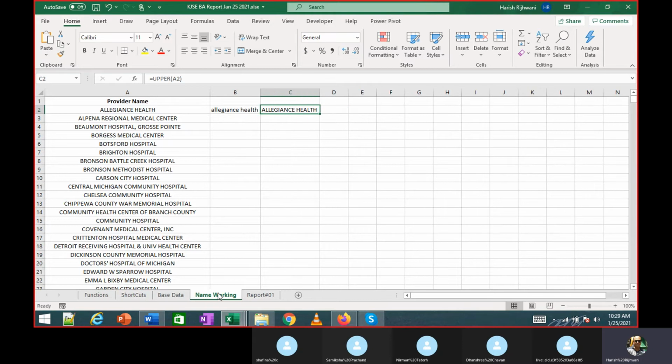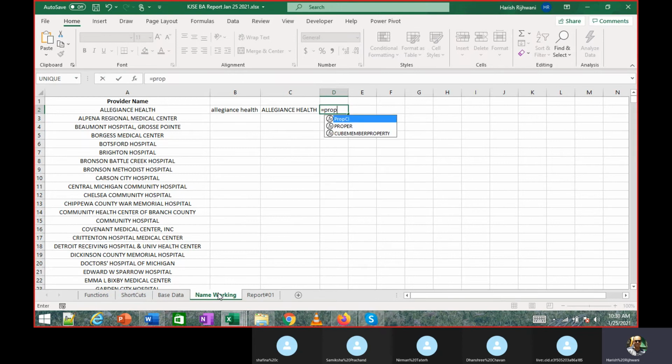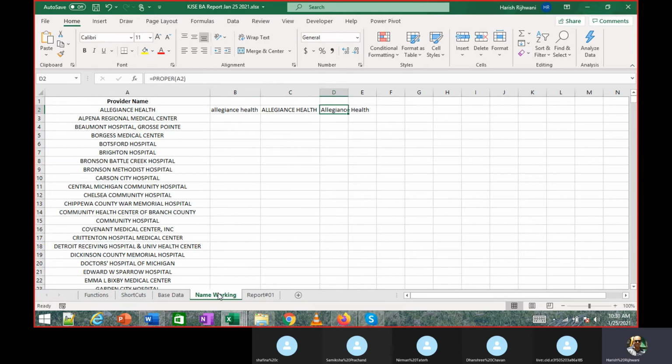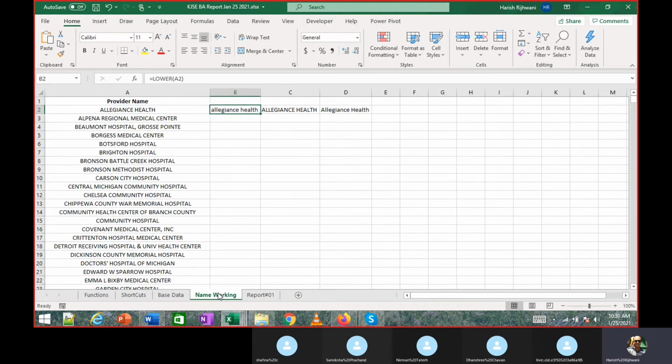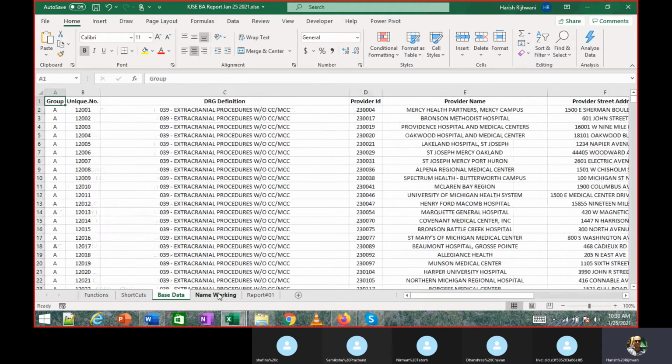So I don't want to use these functions. What I have to use is a function called proper. In Excel, the proper function gives me the structure that I'm looking for, that is capitalizing each alphabet or each character.